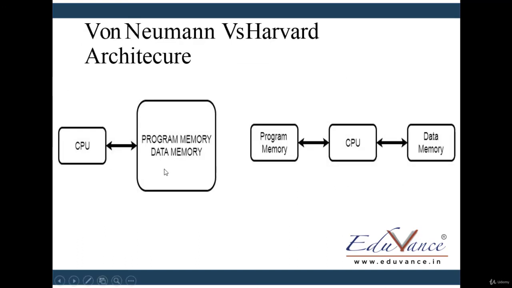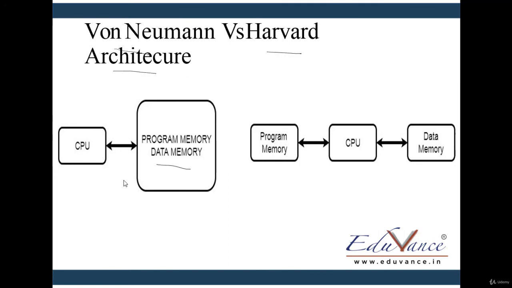So when I'm accessing a program memory and a data memory, program is the data which can be decoded by the CPU, which is step-by-step instructions, and data can be anything like image processing or images or word file which CPU cannot decode. So now depending on whether you have program memory or data memory at a single location, you have two architectures, which is von Neumann and Harvard architecture.